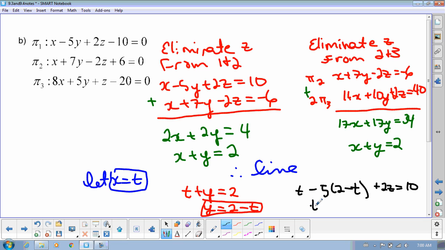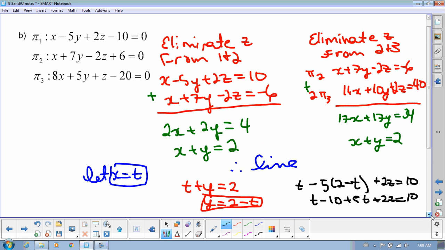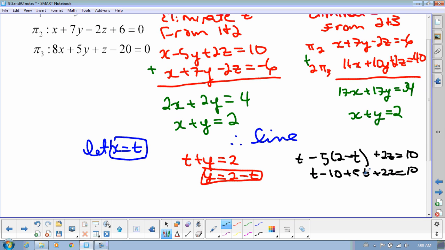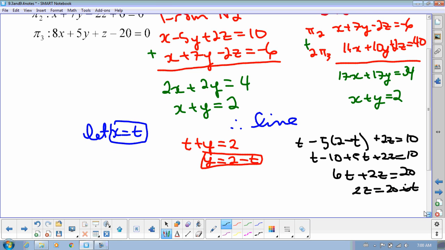So I have t minus 10 plus 5t plus 2z equals 10. So t plus 5t, so I have 6t plus 2z equals 20. 2z will be 20 minus 6t. So z equals 10